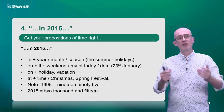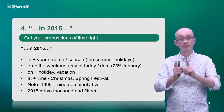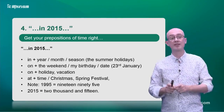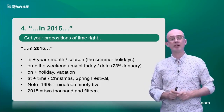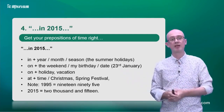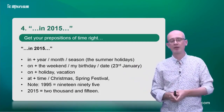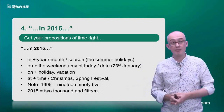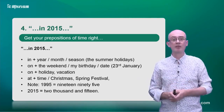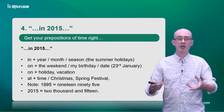In 2015, again, this is an obvious grammatical point, but don't lose marks on prepositions of time. Get your prepositions of time right. In 2015, in plus a year, a month, a season, in the summer holidays. On plus weekend, my birthday, a date. On the 23rd of January, on my friend Guy's birthday, on the weekend. On plus a holiday or a vacation. At plus a time, Christmas, spring festival, an occasion. Note,